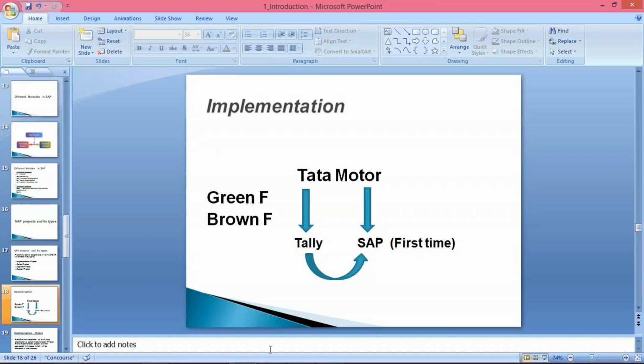So now guys, implementation project means the first-time installation of SAP in any organization. If somebody says you are going to be part of an implementation project, you have to assume that in that organization certain different ERPs are there. Now you have to replace that ERP by SAP. It means we are going to install this SAP over there. Installation will be done by the basis consultant. Generally you guys are going to do the configurations as per the client requirement.